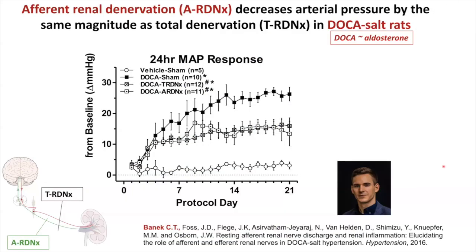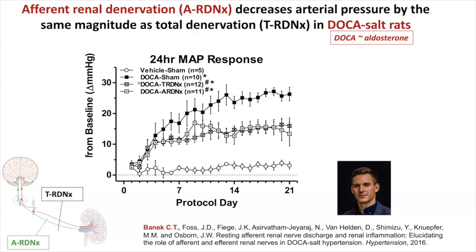So Chris came and did a postdoc in the lab at the time and picked up this technique to look at the role of these sensory nerves in hypertension. This was published, gosh, in 2016 now. And basically what Chris did was induce a model of hypertension, this DOCA salt model. DOCA is like aldosterone, a sodium retaining hormone. Measured blood pressure by telemetry, and you can see in rats with the telemeter blood pressure measurements, blood pressure goes up over 21 days, about 21 millimeters of mercury.